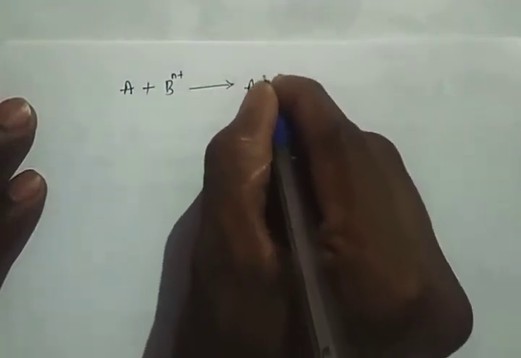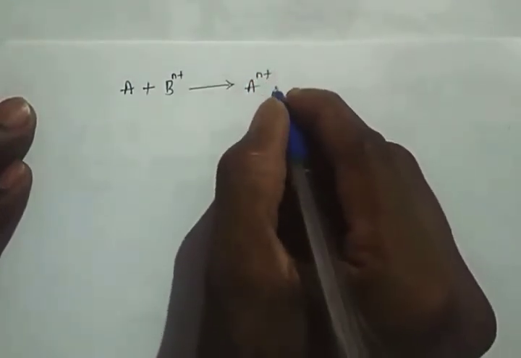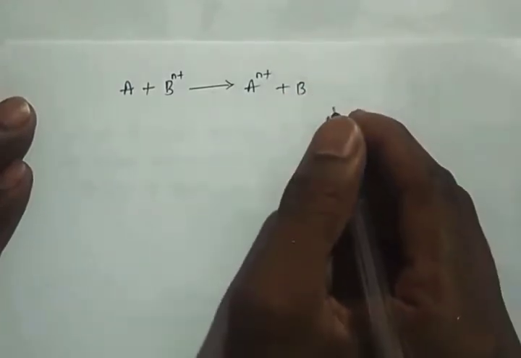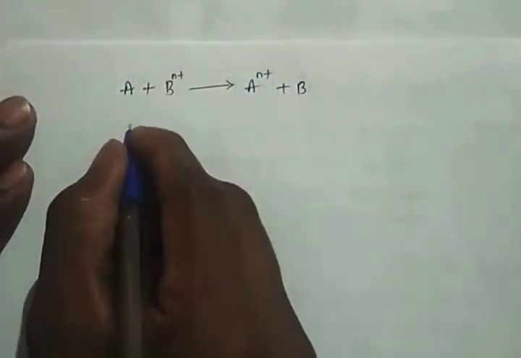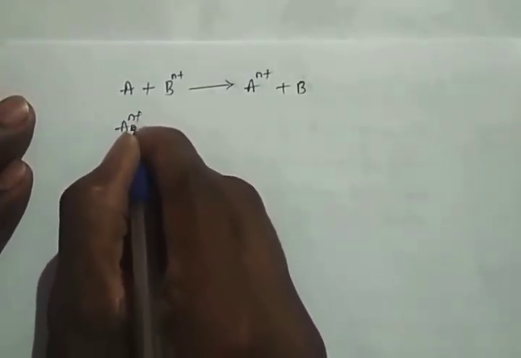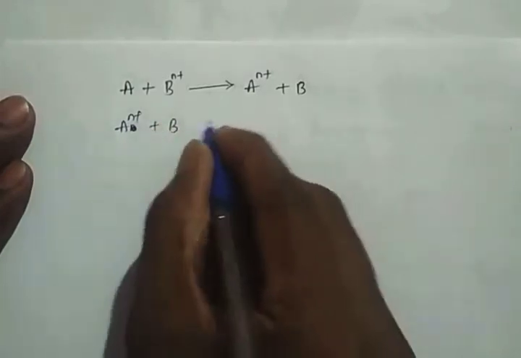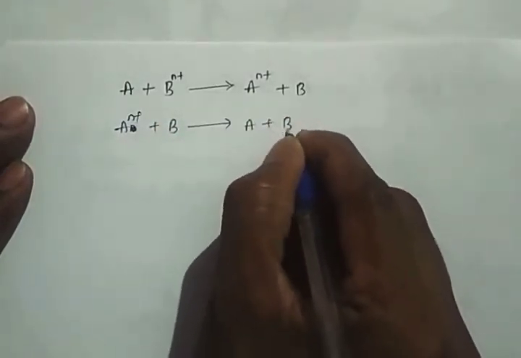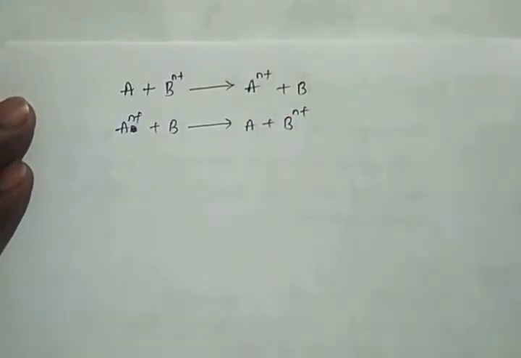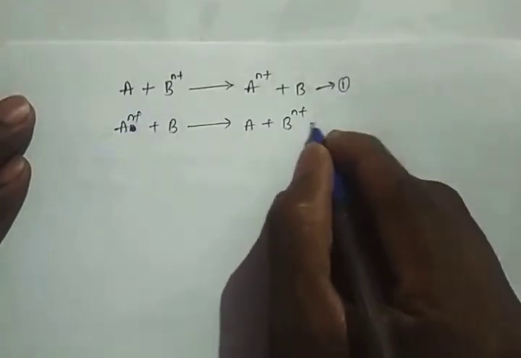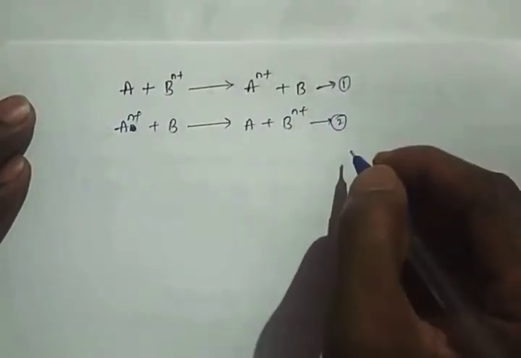When A reacts with this, it gives rise to A to the power n plus and element B. So this is one reaction. Now the second reaction, the reverse reaction: I am going to consider A ion, A n plus, when it reacts with the electrode B, this gives rise to A plus B n plus. Two reactions are there, reaction number 1 and reaction number 2. In these two reactions,